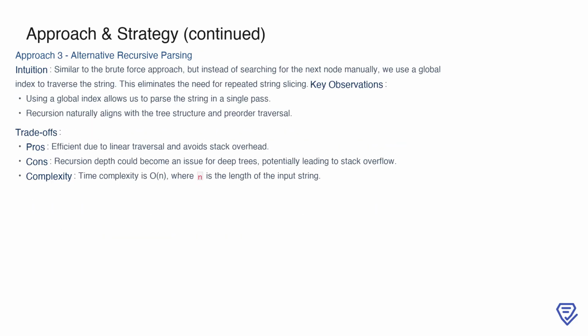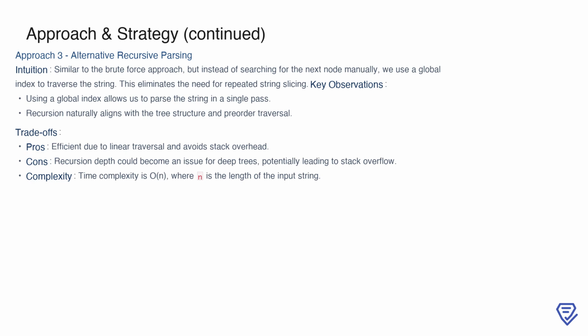Another option is a recursive parsing approach that improves upon the brute force method by avoiding repeated string slicing. Instead, we use a global index to traverse the input string, allowing us to parse it in a single pass. This makes the approach more efficient while still leveraging recursion, which naturally aligns with the tree's hierarchical structure. The global index makes it easier to track the current position in the string, streamlining the process of extracting node